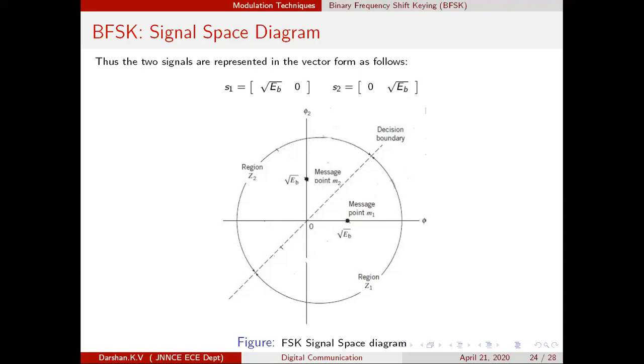This is how the decision region could be analyzed. So we have plotted the message points and we have analyzed the decision region. Region Z1 belongs to message 1. In simpler words, it could